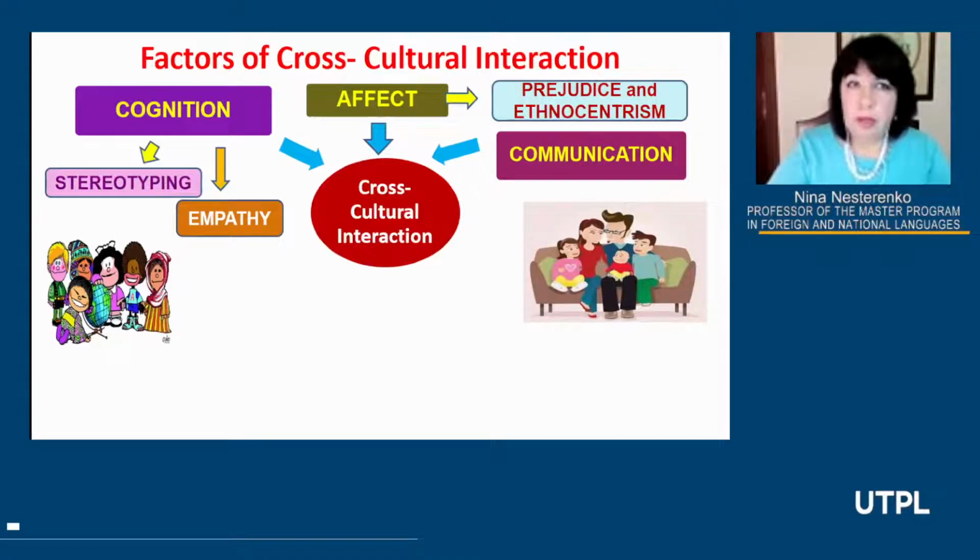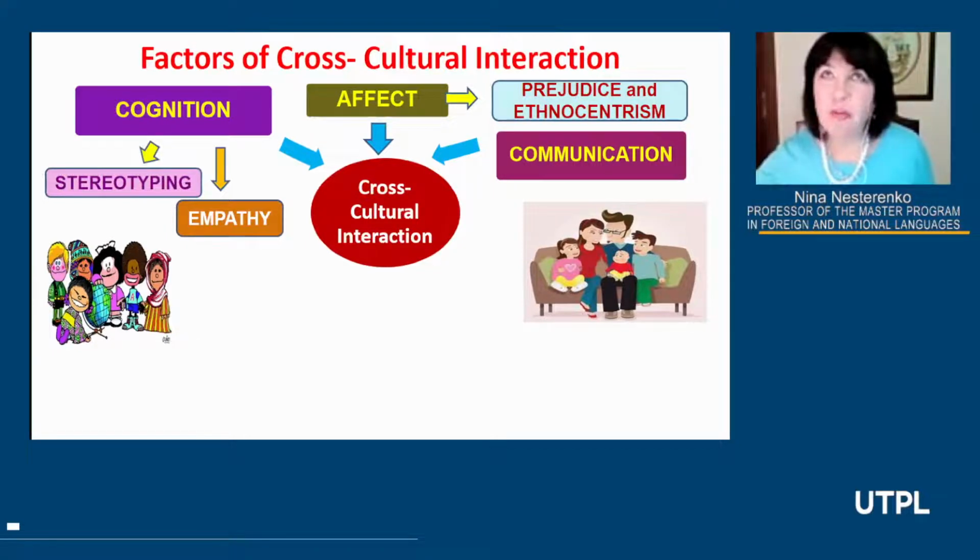We have cognition, what we learn from our childhood. And this cognition will help us to prevent creating stereotypes, an oversimplified vision of someone. It affects how we can feel someone from another culture and create this empathy, feel like people, or understand the behavior of those people, and